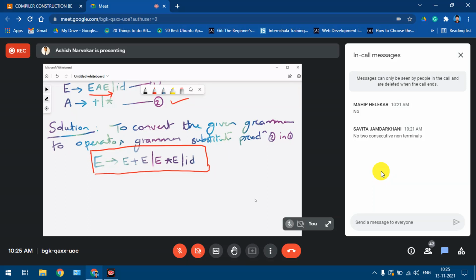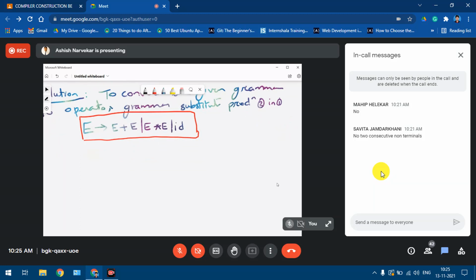So now once we know that this is an operator grammar, we can work on it further. So we can go ahead with step number 2. Please do it parallelly, since you all already know what is to be done in the next step. In step number 2, we have to find the leading set of the various non-terminals in the grammar. The only non-terminal that we have in the redefined grammar is capital E. So we have to find the leading set of E. The leading set of E is plus, star, and ID.